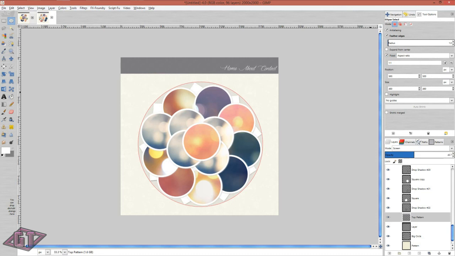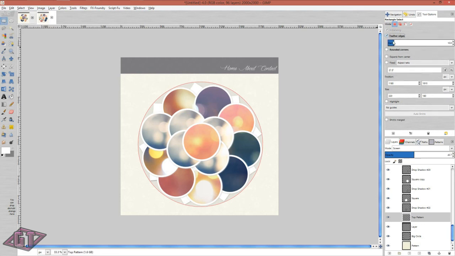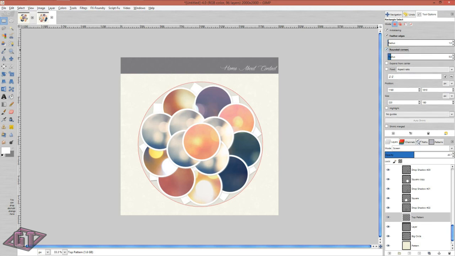You could change your position and stuff of your circles right here, and you could go no guides, center lines, rule of thirds, rule of fifths, golden sections, diagonal lines. That is totally up to you. And it's the same thing with the rectangular select. Right here, you click with feathered edges and just go down to 1. And this is where you get your rounded corners too. You just click right here, rounded corners,